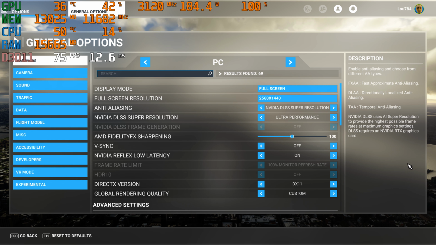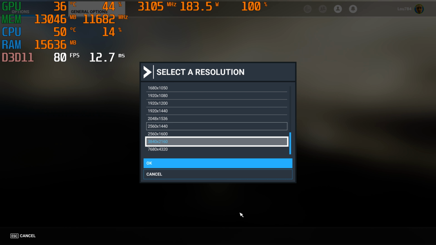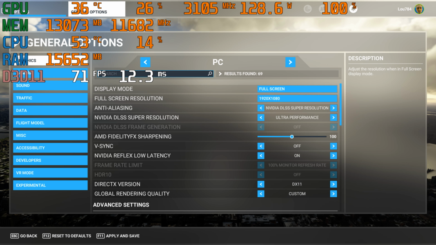Okay, so that's that. So let's go to 1080p. Let's see if that's what they ran it at to get 100 frames per second. I have no idea. So let's go to 1080p. Apply